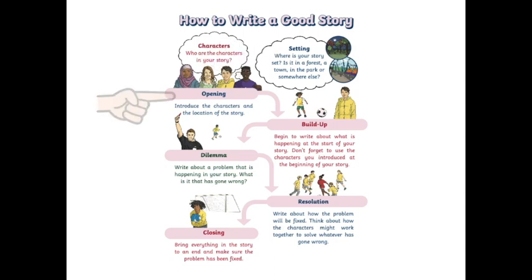So, good stories always start with an opening sentence. Introduce the characters and the location or the setting of the story. An opening sentence. Then, after the opening sentence, we start to build up the story. Begin to write about what is happening at the start of the story. Don't forget to use the characters and the settings in the beginning. So once we start to build up the story,